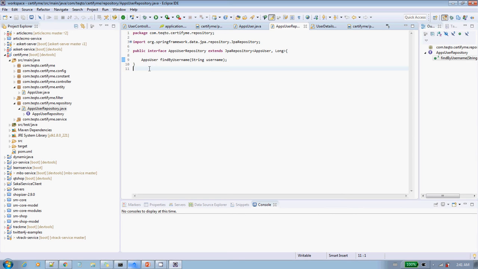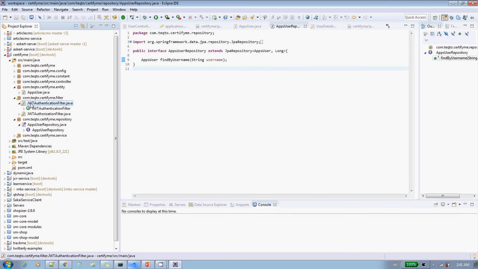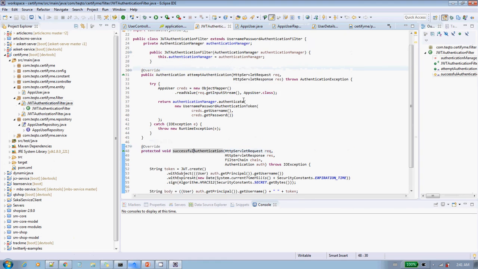Now the most important thing when we are implementing Spring Security with JWT is the filters. We have two most important filters: the JWT authentication filter and the authorization filter.